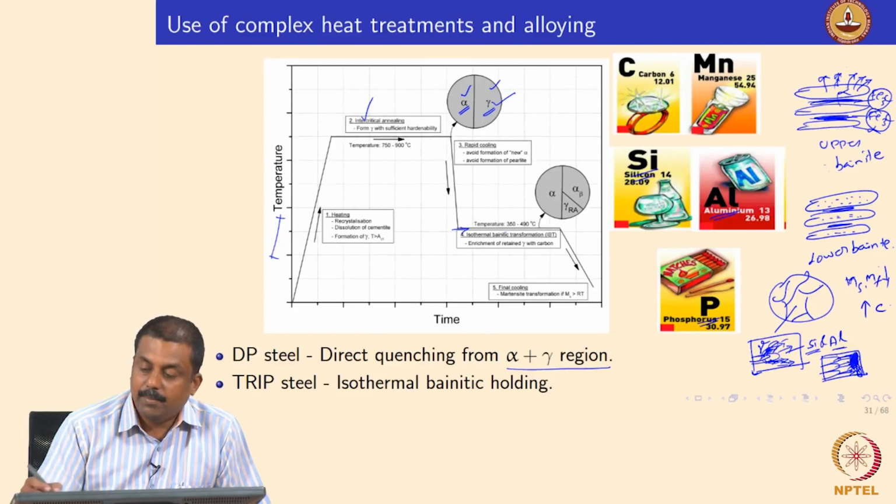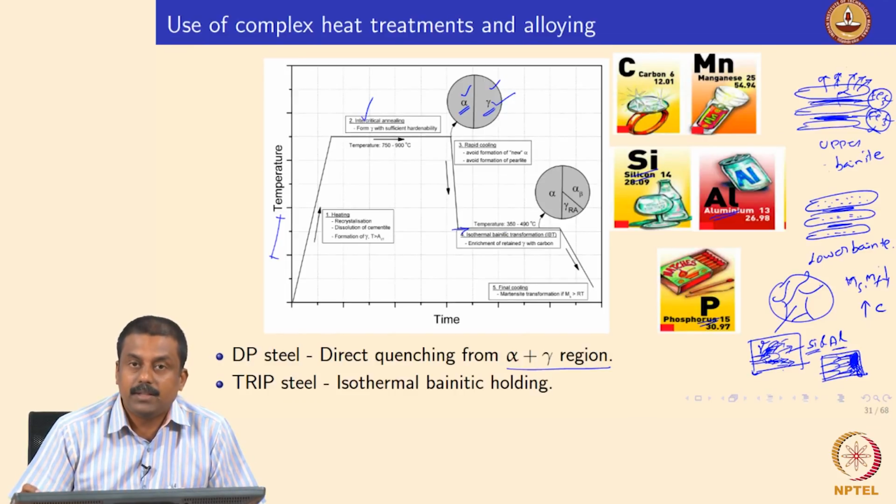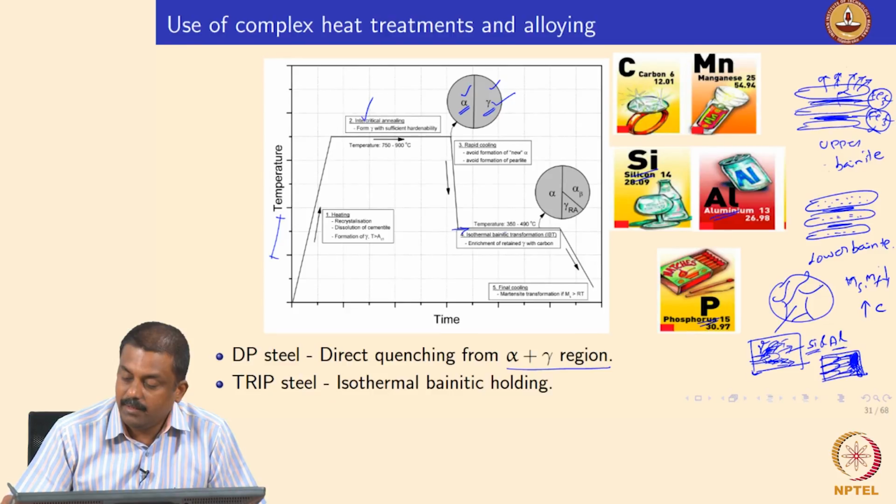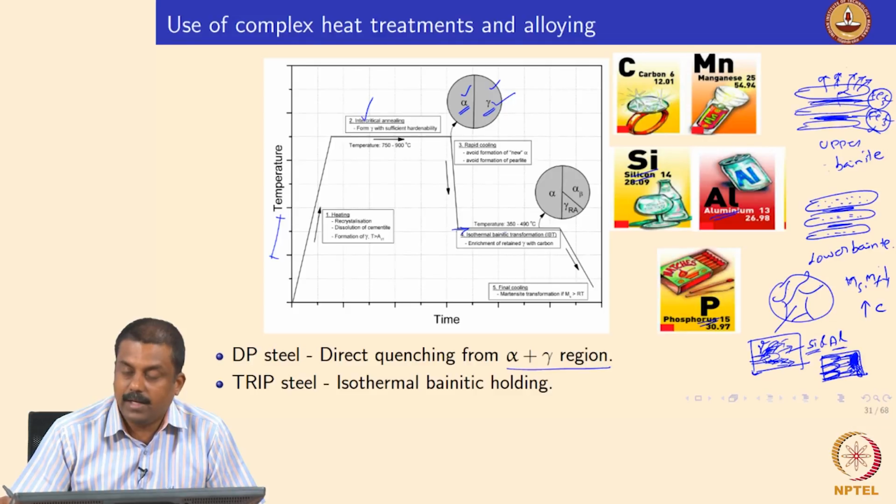So, you are forming the bainite without cementite. In principle, you are forming only bainitic ferrite, only the ferrite laths during bainite formation, and you are suppressing the cementite nucleation during this bainite transformation. So, by suppressing cementite formation, what are you doing? You are enriching the untransformed austenite significantly in carbon, right, because if cementite is not nucleated, your untransformed austenite is getting enriched in carbon significantly, isn't it?